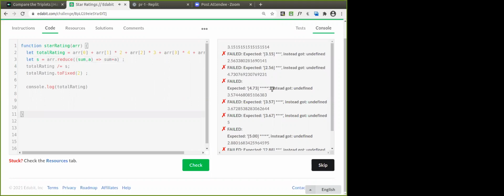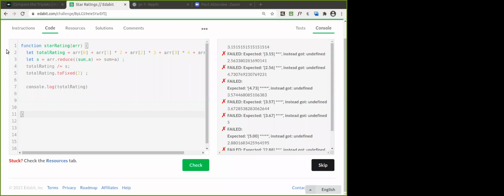Yeah, good. So we got the value here, right? So 3.15, isn't it? So you're getting it that way. Total rating is this one, fixed to 2 places. Good. So when we are calculating that, we have to fix it to 2. Yeah, total ratings is not changing there.